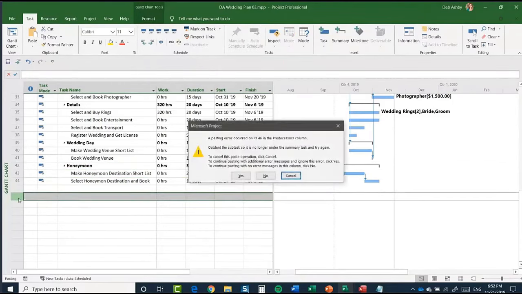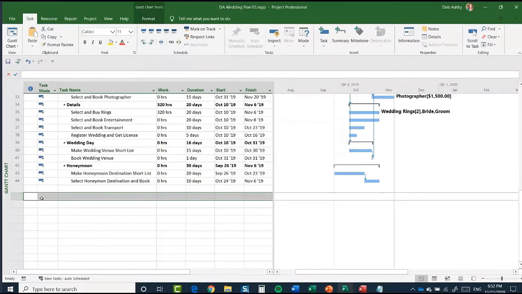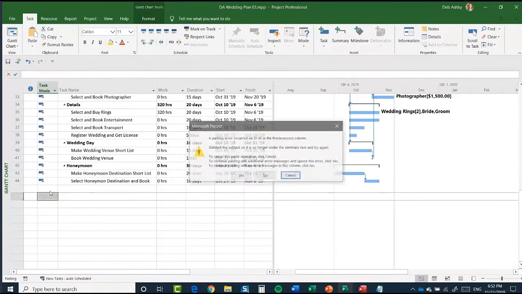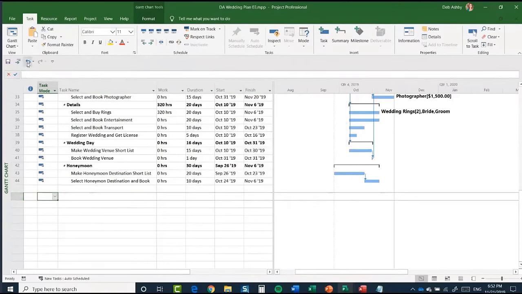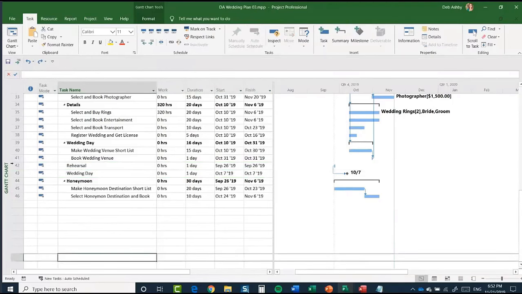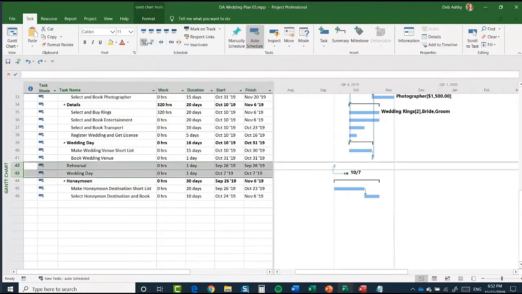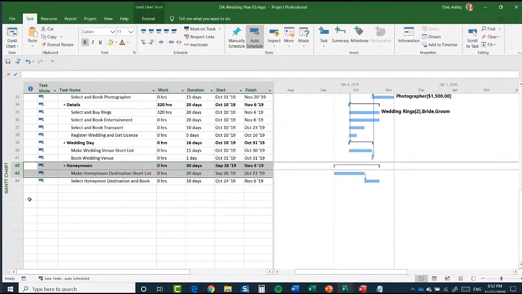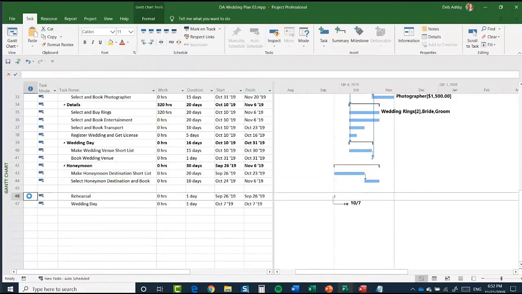Control, oops. Let me try that again. Control V. No, let's go back. What did I do wrong here? Let me try that again. That should work. I did outdent them enough, didn't I? Let's try that again. Yep, they can't be outdented any further. Let's try Control X. There we go. I think I was clicked in the wrong place. So we can just paste those in